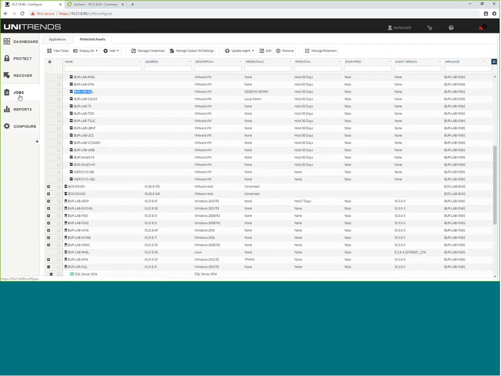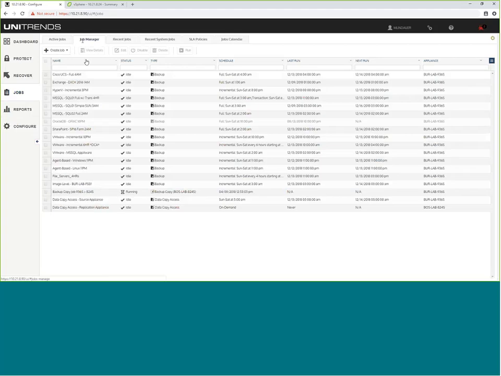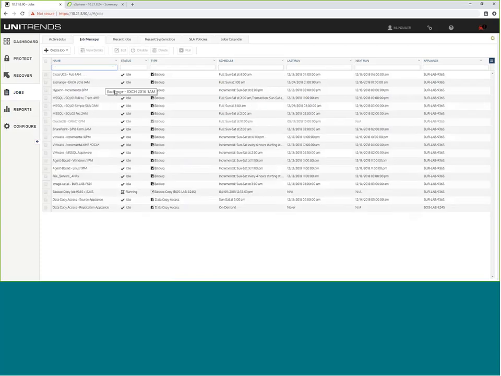When it comes to creating backup jobs, Unitrends makes it incredibly simple. You can see here on the job manager all the jobs that have been created, their schedule, when they last ran, when they'll next run. You can always drill in the individual columns to quickly isolate details and information that you need visibility into. You can see we have backup jobs, replication jobs running, as well as that data copy access process, which is the automated DR testing. So I'll absolutely go into that a little bit further in a moment, but I do